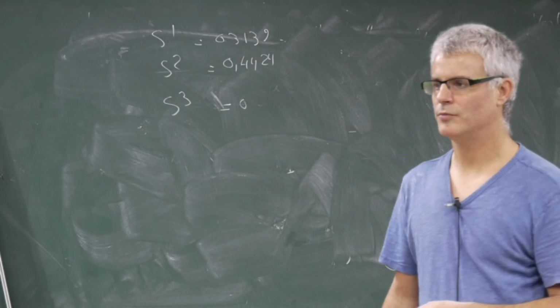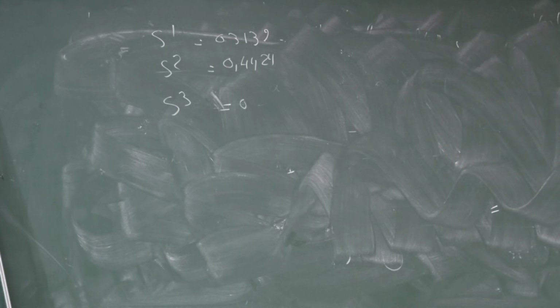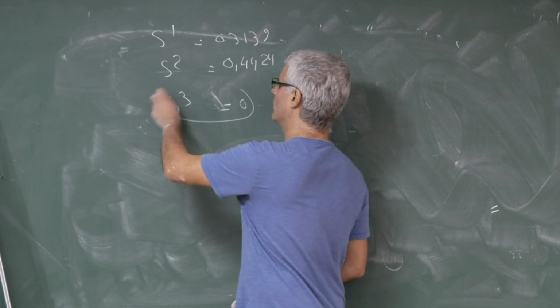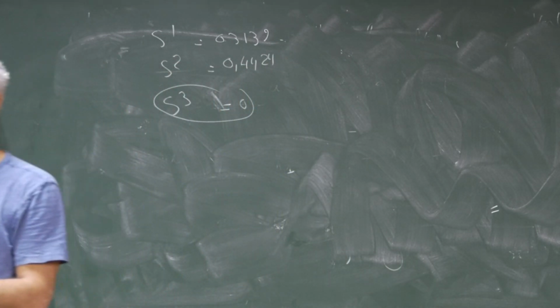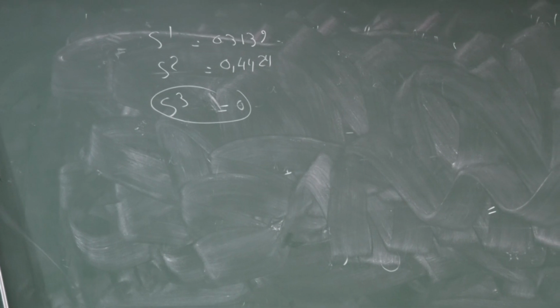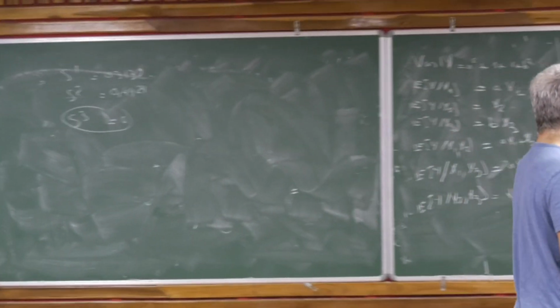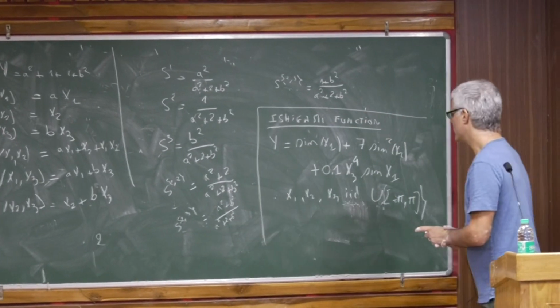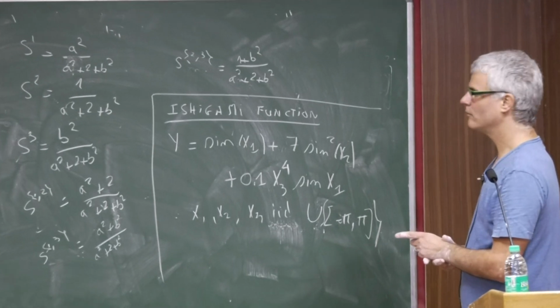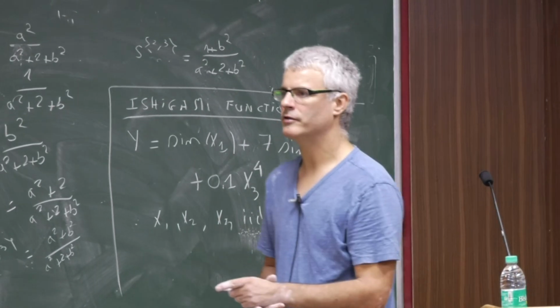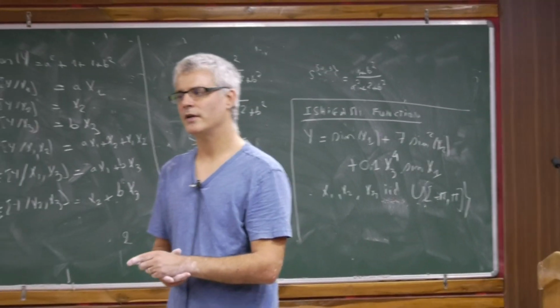So maybe we can start the computation together if you don't believe me. Okay, but it's not too difficult. But you see, for example, when you do the computation, we find that S3 equals 0. Which is really not intuitive when you see the formula. It's not intuitive on the formula, and it's a bit surprising when you find that.